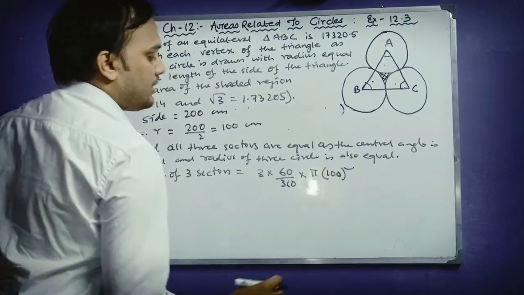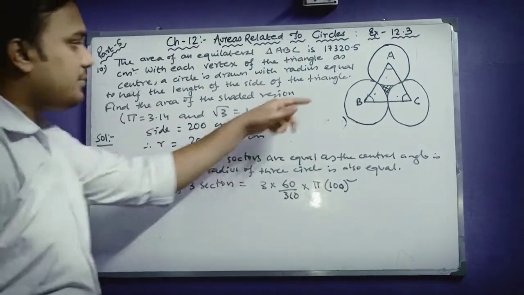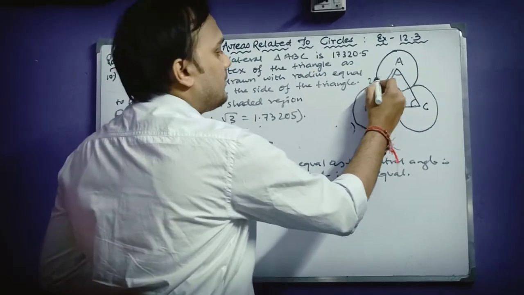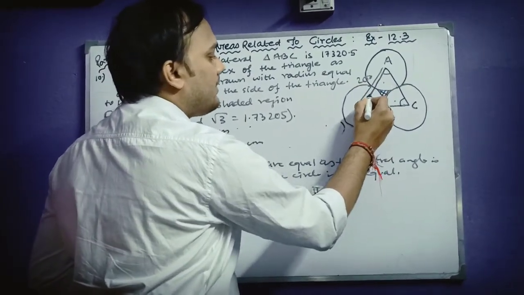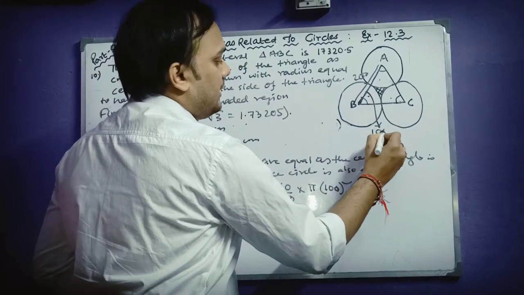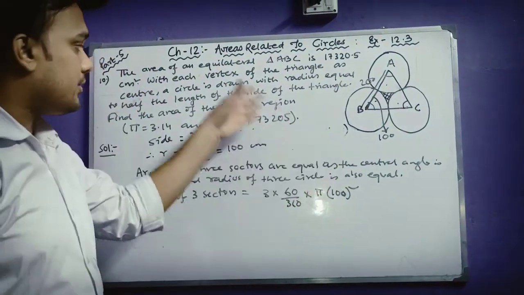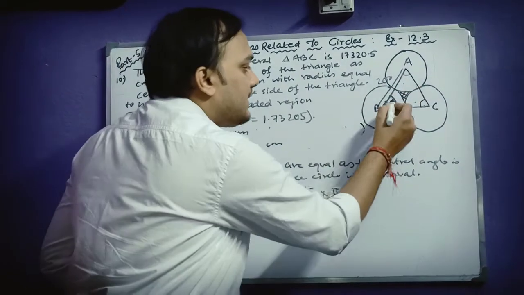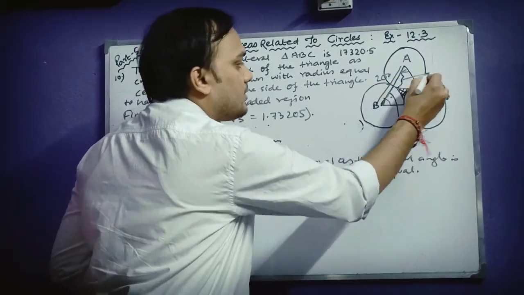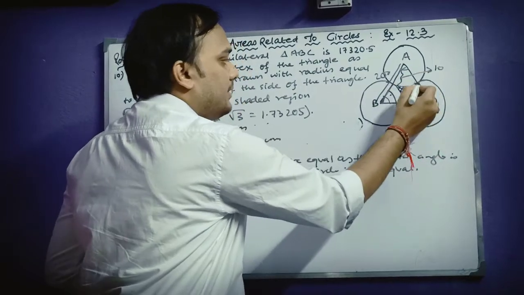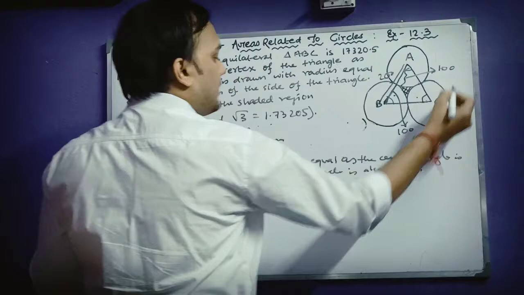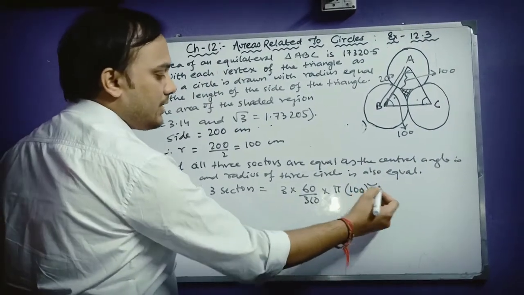Okay, so as I said that the side is 200, that means this total is 200. This total is 200. So the half will be, it is already given that this is the half. This is given in the question. It's not that I am saying that. It's already given in the question. So the half is 100, so if this is 100, definitely this will also be 100, and so this will also be 100. So we got here that all the radii are 100 centimeter here. So we can write here r square as 100 square.